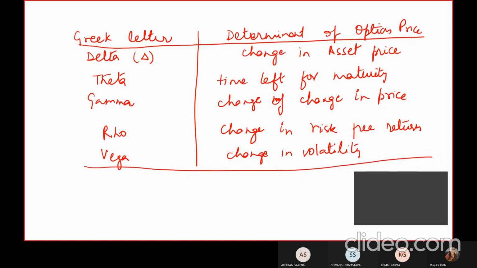So how the standard deviation is affecting the option value. So if we want to calculate these values, these symbols, like how they are calculated, so we have some